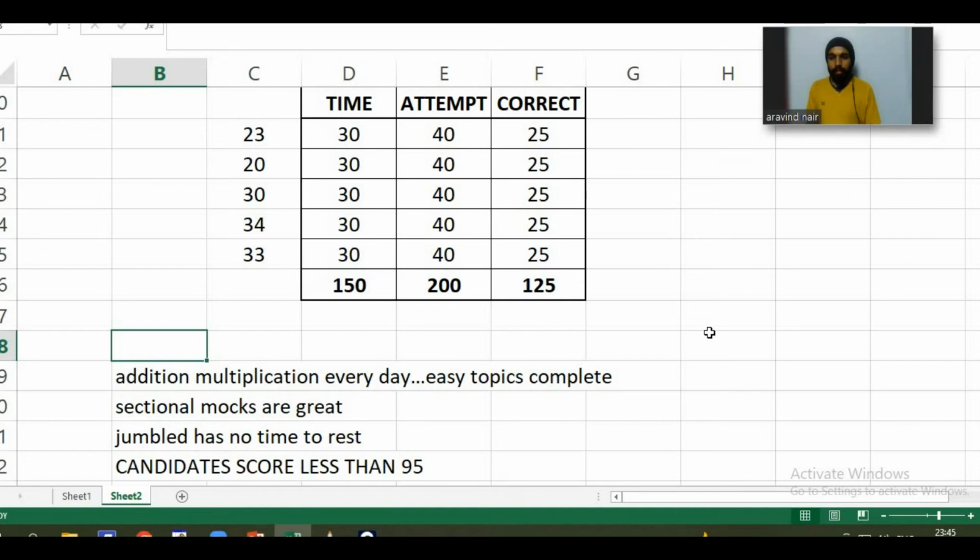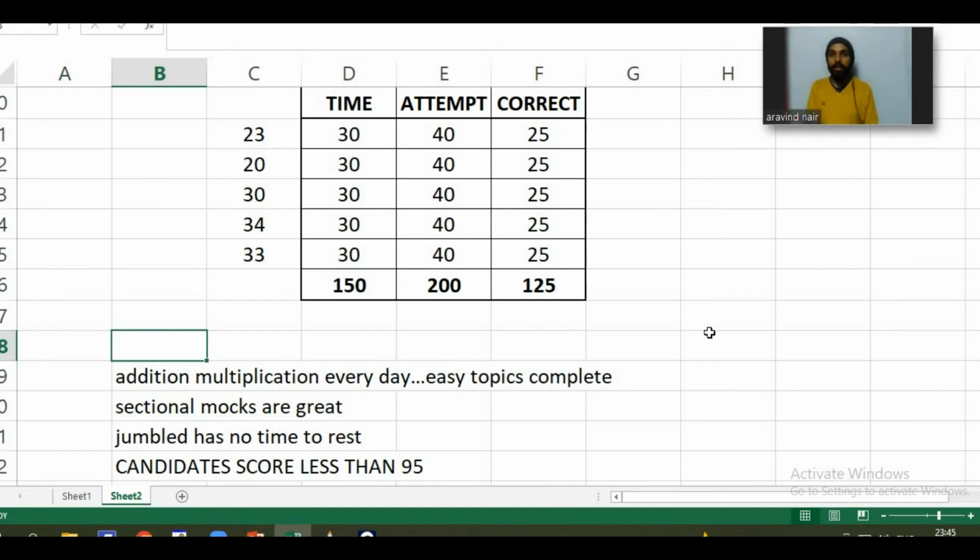Section marks are great. Jumbled test, no time to rush. The thing about jumbled questions is the way it used to come in sections. Like I said, 2.5 hours, and by 1.5 hours you get tired. So you had a chance that in the last 30 minutes you would choose English, or in the last 20 minutes you would choose abstract, because you are tired and exhausted. You don't have the energy to do it. So you will choose some question which you know you are not very good at, or some question which you know even if you are tired you can solve. Let's just say you are very good at quant, then you might choose to solve the entire section in the last 30 minutes, because even if you are bored you can calculate very fast. That was possible in sectional.